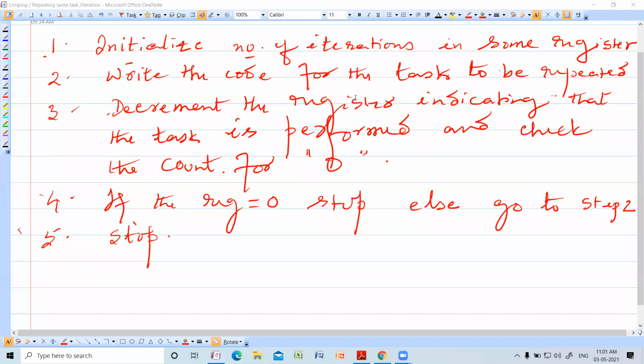Initialize the number of iterations in some register. Write the code for the task to be repeated. Decrement the register indicating that the task is performed, and check the count for 0. What is this, decrement the register? That is, decrement the count.